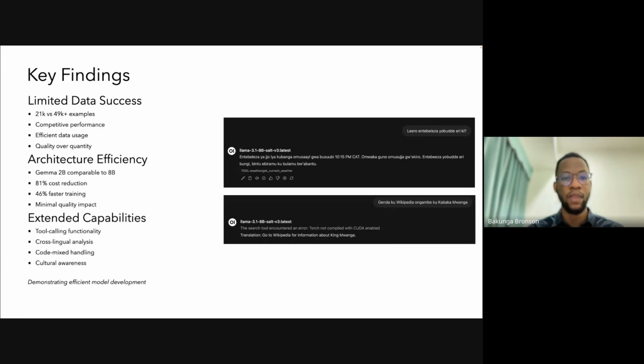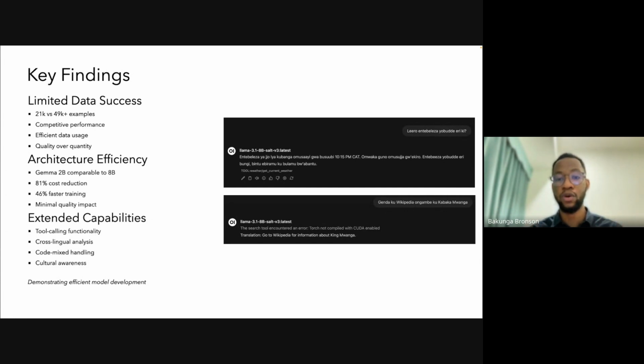So when I was getting the results for the 200 examples, the 2B was way faster than the 8B. And of course, if you're going to be running that on a server somewhere, you're also not spending as much to have huge amounts of RAM. One of the interesting things is that as much as we were focusing on just translation, it turned out that the models that were trained had extended capabilities as well. For example, these models were able to do tool calling, cross-lingual analysis, as well as code mixing,